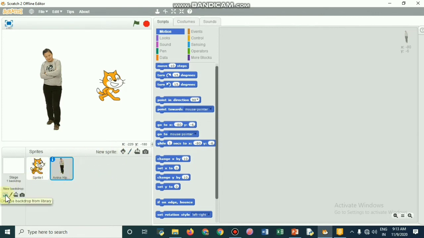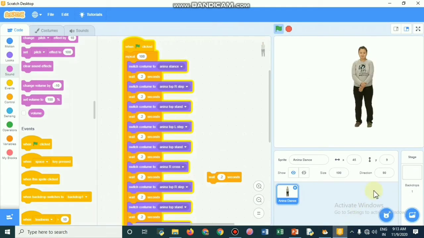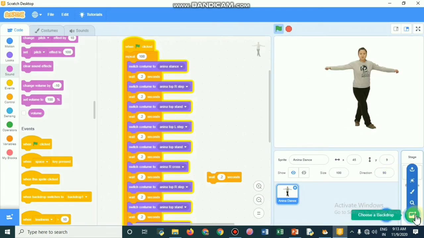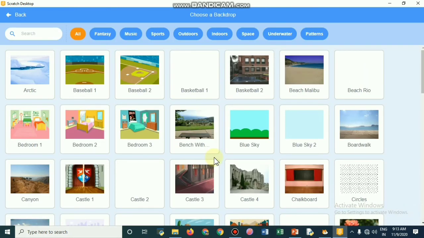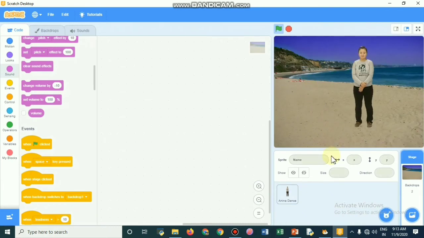The background and stages are here. Choose backdrops from the library. This is the backdrops, and in Scratch 3 the backdrops are here, or the stage. Click on it, you will get the backdrops. You can make him appear in the